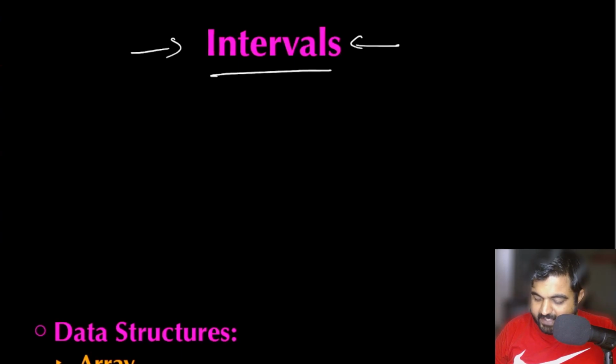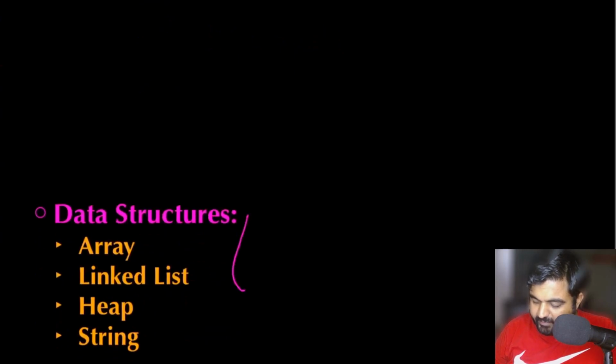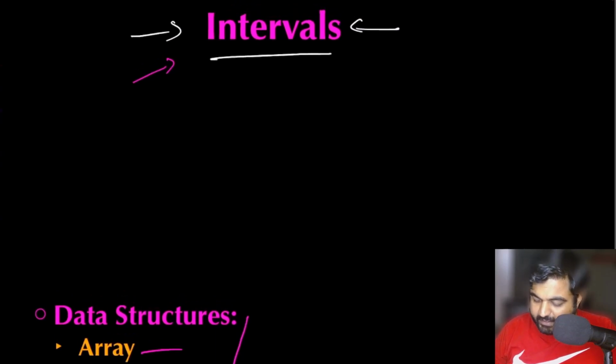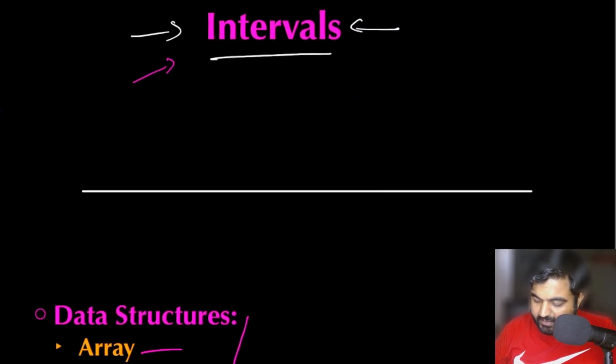Typically, first let me explain what the intervals coding pattern is and where you can identify it. Typically, this coding pattern is associated with these data structures: fixed data structures like array, linked list, string, and also heap. How do you identify an interval problem? In most cases you are given some time